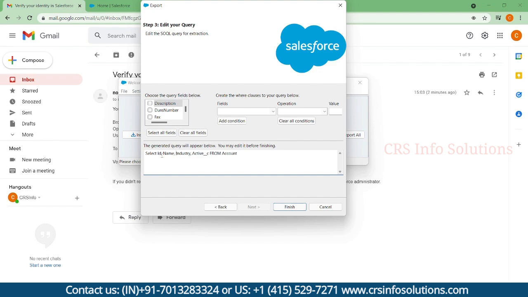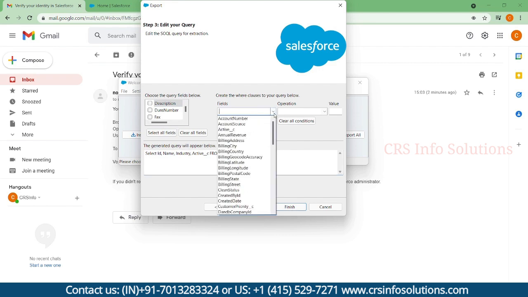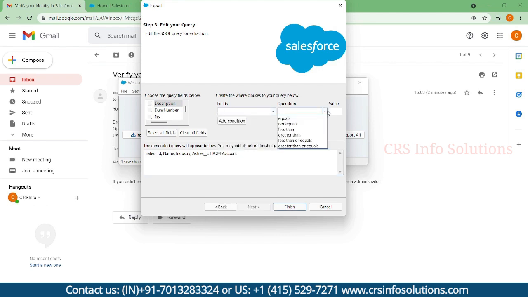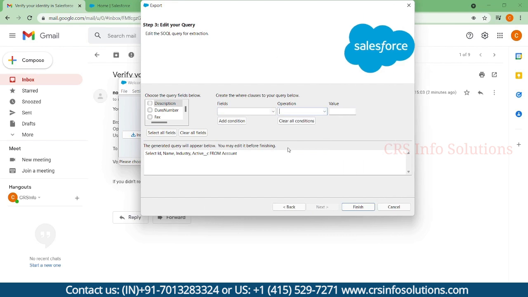So first I want ID, name, industry, and whether this account status is active or not, from account. So these are the details I want. This would be auto-populated whenever you select this field queries. And if you wanted to add any filter conditions, you can go ahead and add your filter conditions. So I want all the accounts right now. I'll just select finish